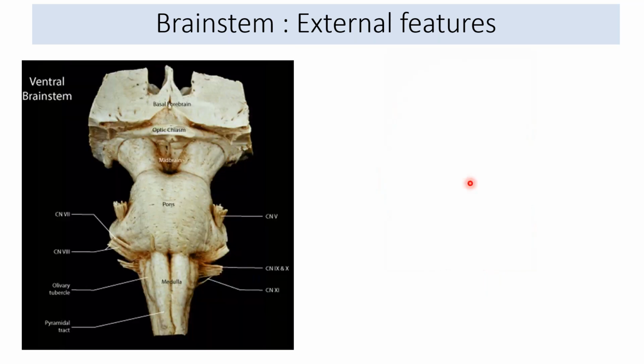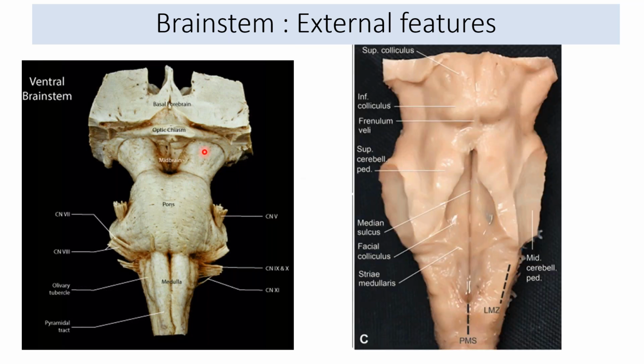Now, externally, the ventral view of the brainstem will be different from the dorsal view. The first picture is showing the ventral view. As I've told you, the three different regions will be distinctly appreciable on the ventral aspect. On the superiormost part is the midbrain, and this is separated clearly by the crus cerebri. These are the crus cerebri portions of the midbrain, also called the cerebral peduncle of the midbrain, which separates it from the pons. This is the junction where the midbrain is separated from the pons.